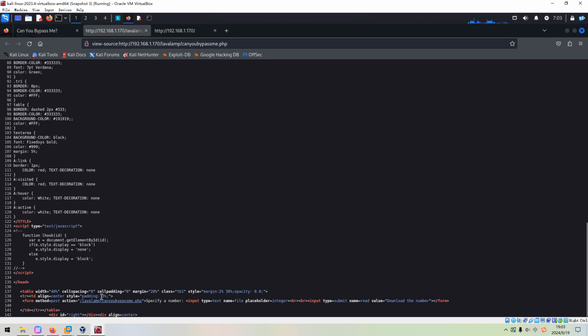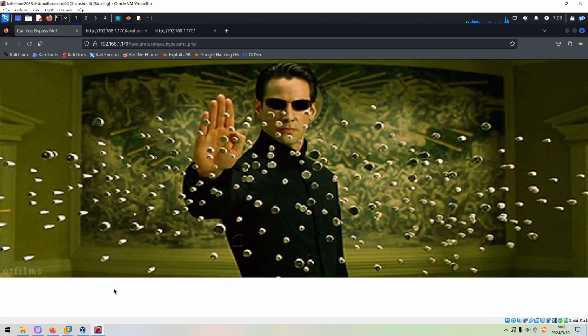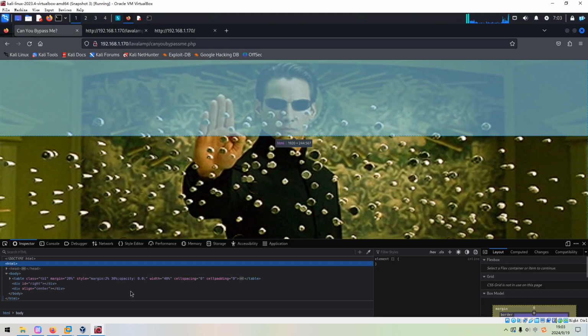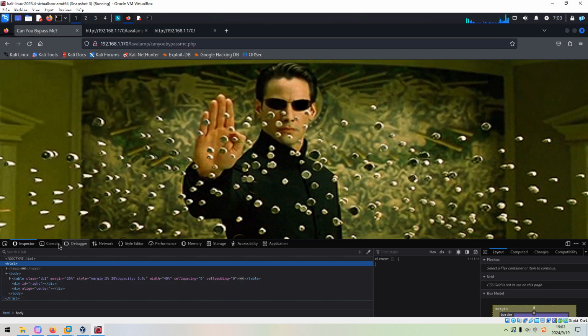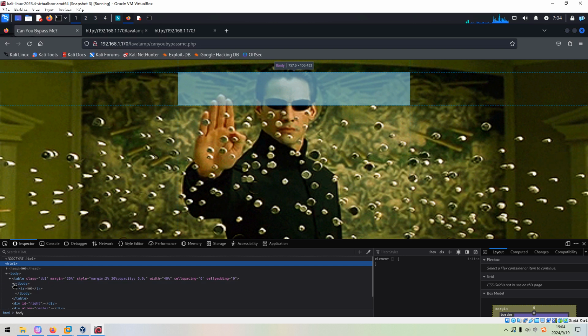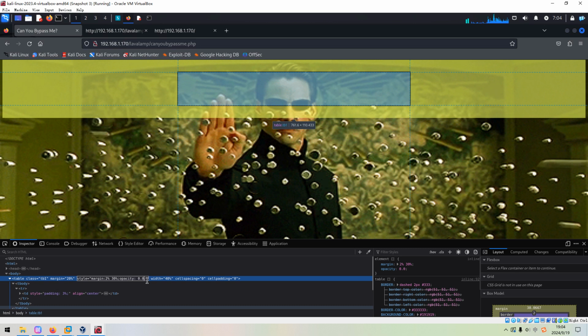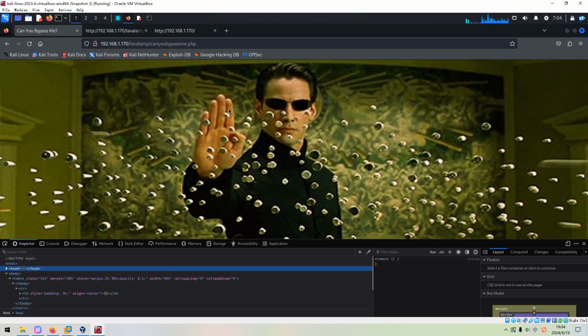We can, which one? Yeah, this one. So maybe we can open the inspect, and we can expand the table. Even here, maybe this is the issue, opacity. So we can set it to 1. And then as you can see, we found this form.